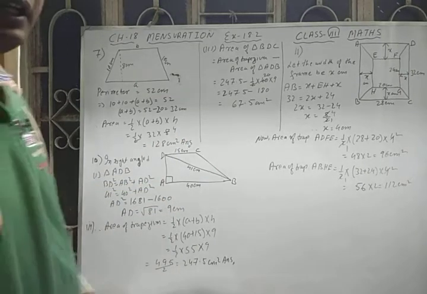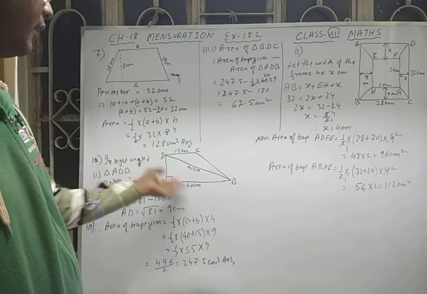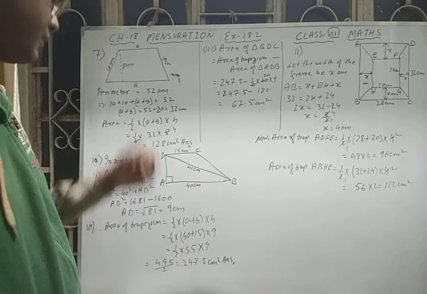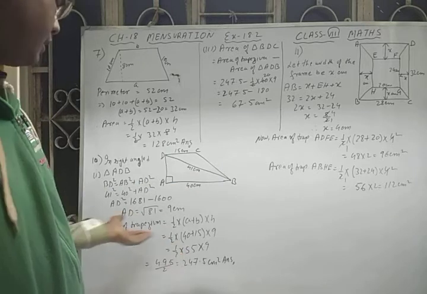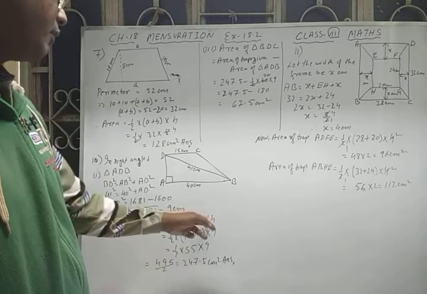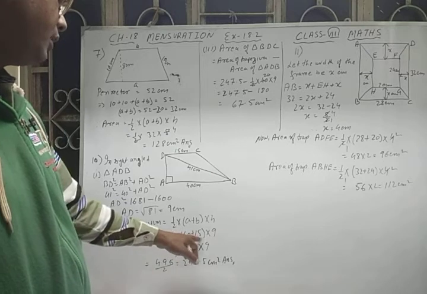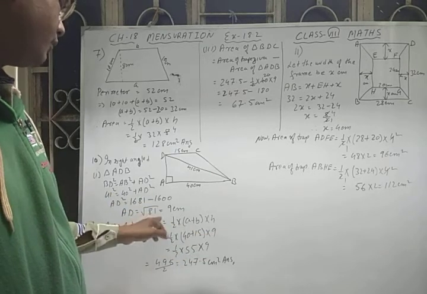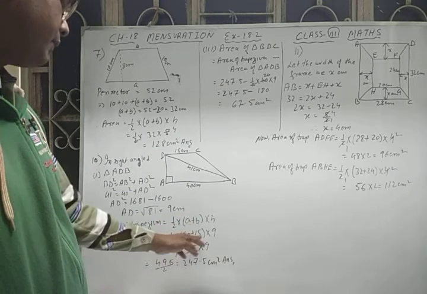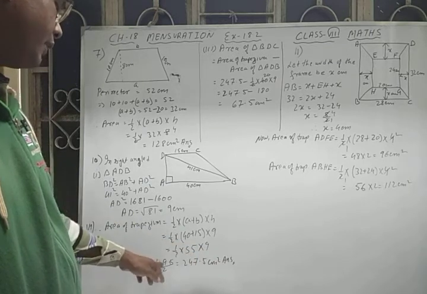Now you have to find the area of this trapezium. So here the parallel sides are given, and we have already got the height also, means the distance between the parallel sides. So easily you can write the formula: area of a trapezium equals half into sum of the parallel sides, that is A plus B, into height, that is AD. A is 40, B is 15, so 40 plus 15 into 9, the height that we have got in AD. While calculating this, 40 plus 15 is 55. So 55 into 9 is equal to 495.